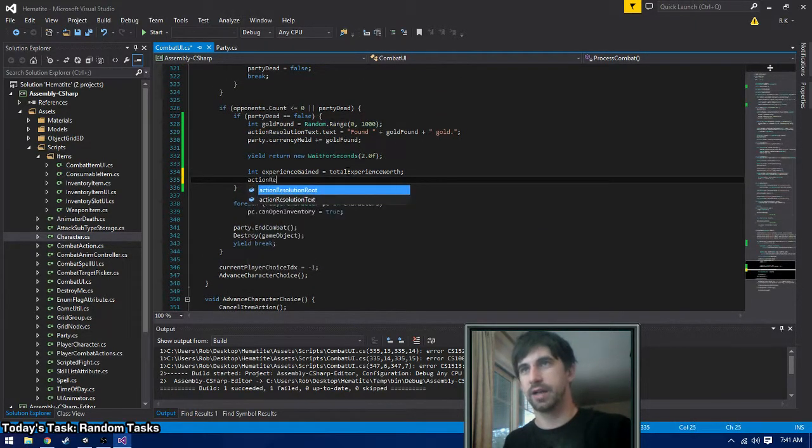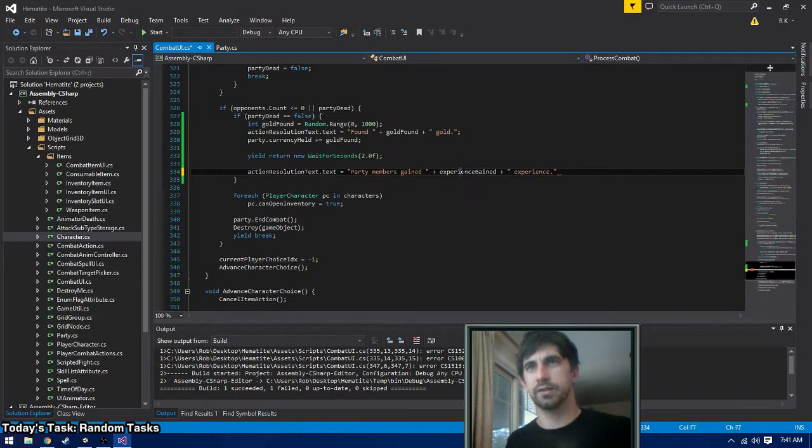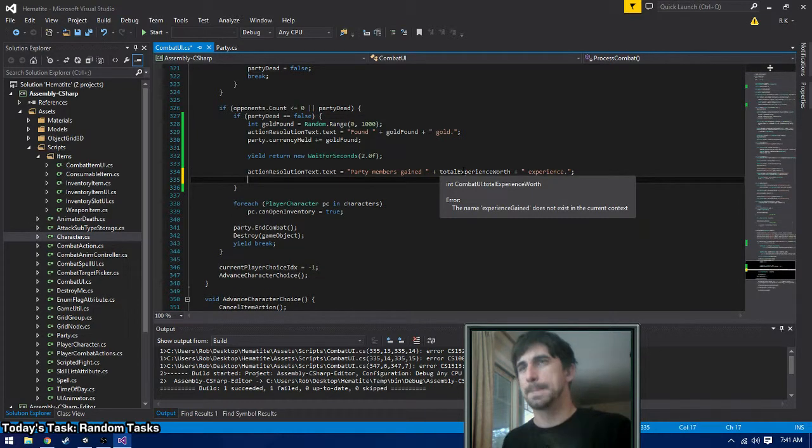So we say our action resolution text. We can say something along the lines of party members gained, and then we have the experience gained. That much experience. I actually don't need that since total experience worth is its own variable already. And then we say